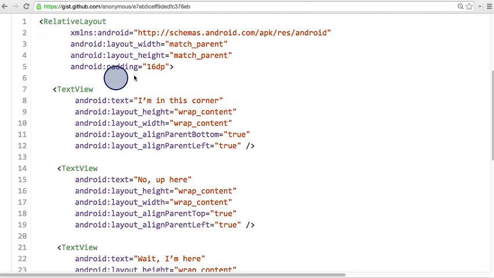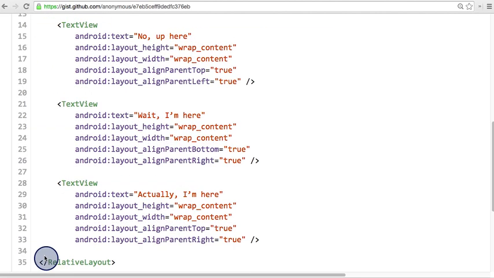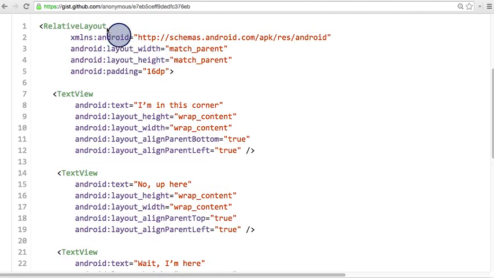The layout starts with an opening tag for a relative layout. The closing tag is all the way down here, and the children XML elements are in the middle. The width and height of the relative layout is set to be match parent. Since this is the only layout for our app, this is going to take up the full width and height